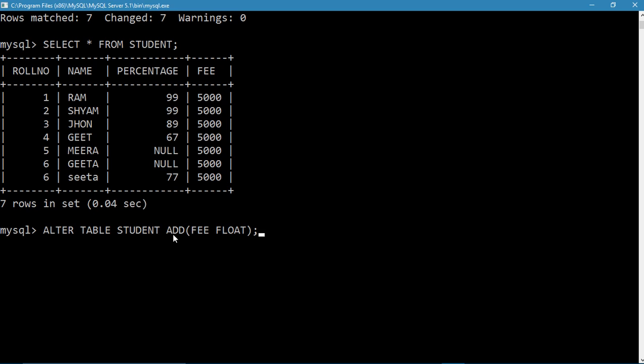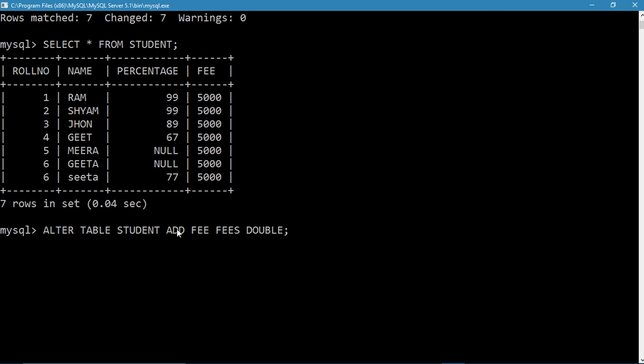Last time we used the add clause. This time we'll be using the change clause. So I'll modify this particular command again. I want to make it double. And I want to rename this fee as fees. And this clause also is to be changed.